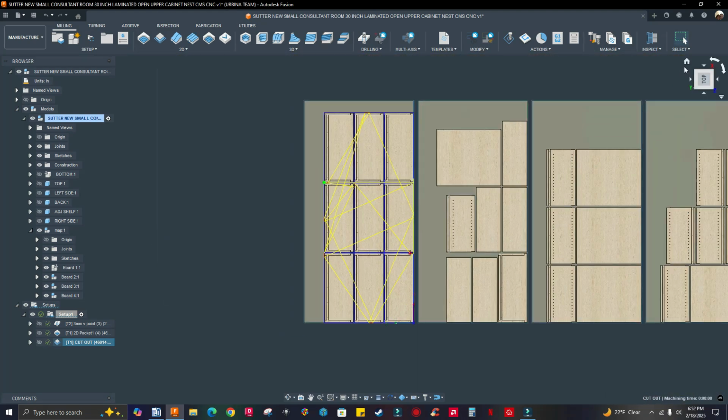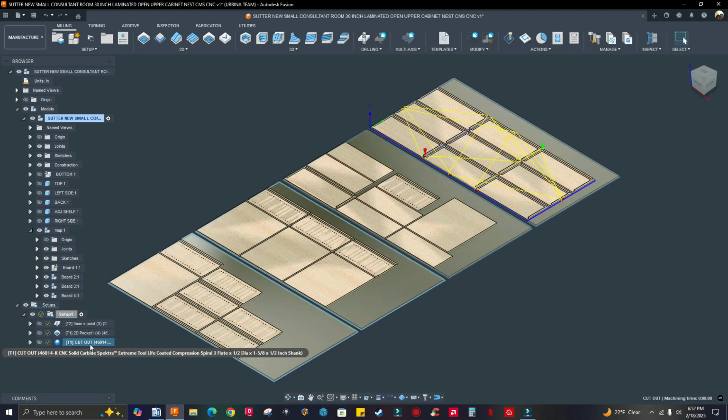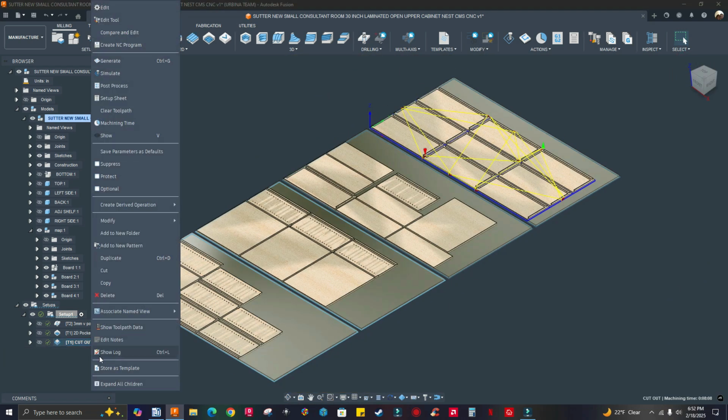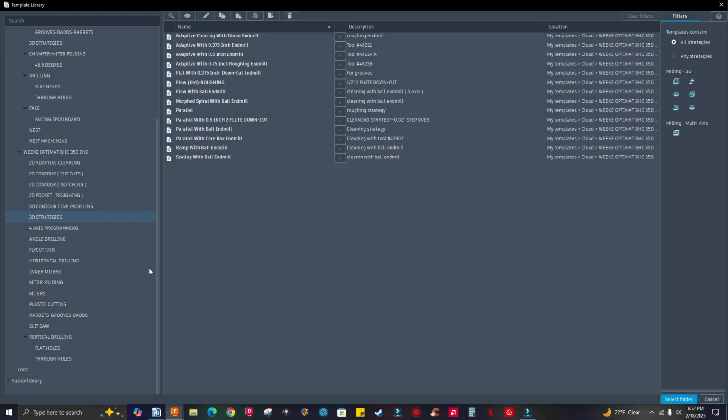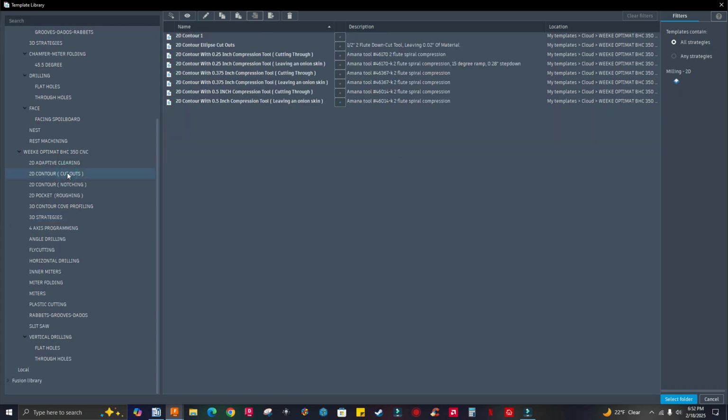All right. Now I can save this chem template, right? I can override it because this is how I want this template to be. So let me store as template. I'm gonna click on these three dots. I'm gonna go to the Weeke Optimat BHT350 CNC, and I'm gonna go down to, I think, 2D contours, cutouts, and I'm gonna select